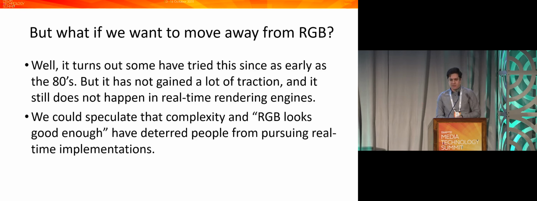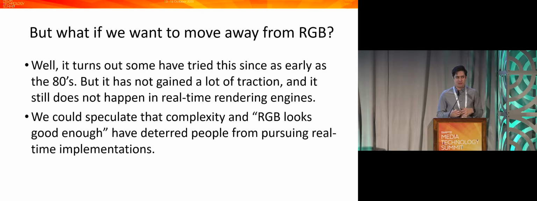It turns out we're not the first people to think of spectral rendering. This is a topic that people have been thinking about since the 80s. But it's never really caught traction and we haven't really seen it happen in most places yet, especially in real time. And I mean, we can speculate why. Traditionally RGB rendering looks good enough, especially in video games when you have a dragon. If the fire is slightly red or slightly blue, it's not really a problem. It's a mythical force. But I think we're finally at a point where this is not good enough,